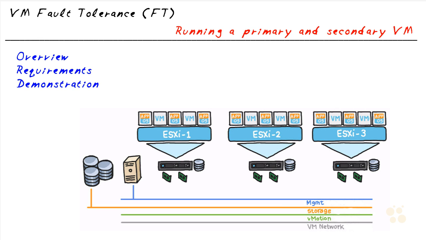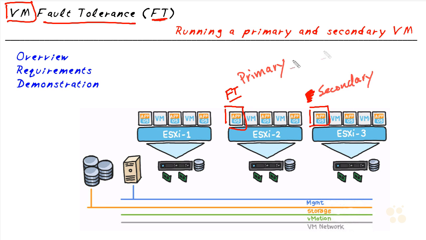And the solution for 24/7, has to be up all the time, is a feature of fault tolerance, and it's at the VM level. So we could identify, for example, specific virtual machines that have to be up all the time, enable fault tolerance on them, and then if this ESXi host that's running this fault tolerant machine crashes, no problem, because in the background we have a secondary image of that virtual machine that's also running. So when we set up fault tolerance for this VM, there is a secondary VM created on a second host